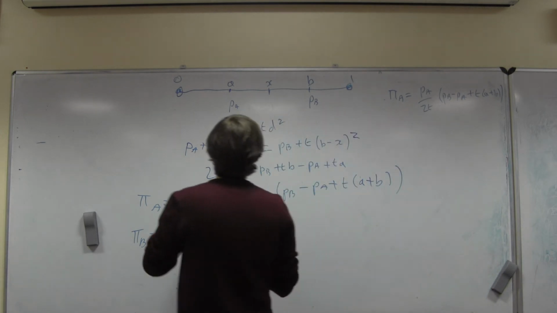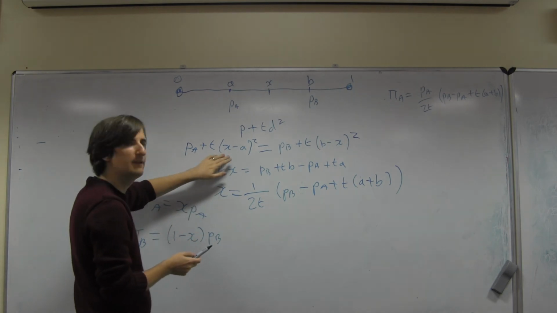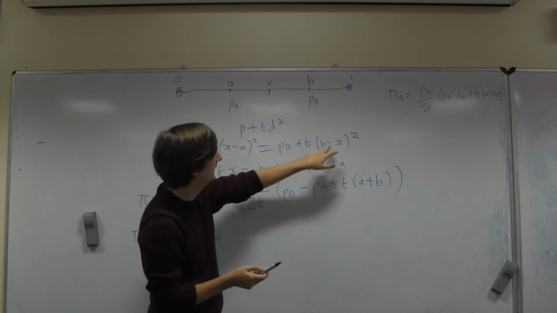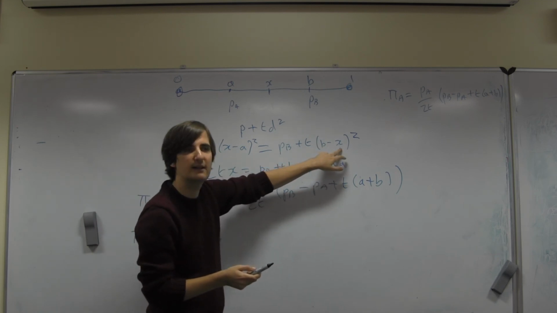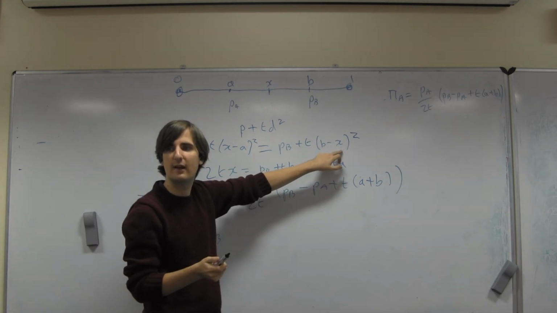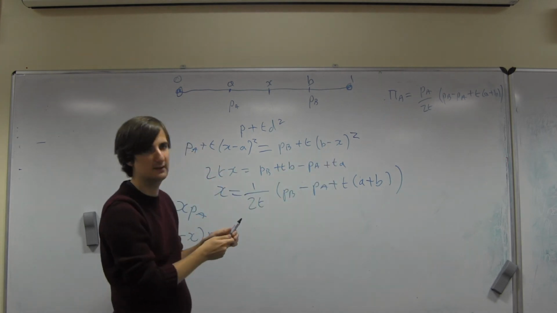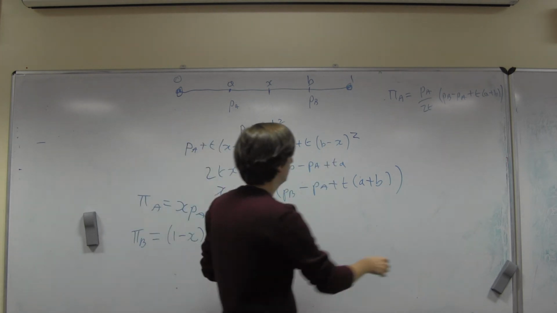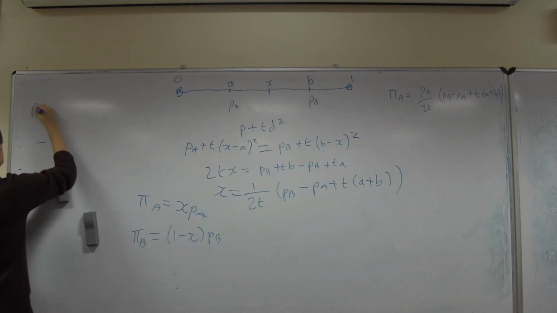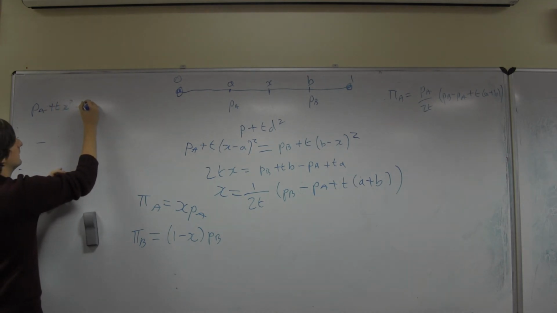When you multiply out these brackets, on the left-hand side there's a plus tx squared. On the right-hand side, minus x times minus x is still x squared, so there's a plus tx squared on the right-hand side as well. So the x squared terms are going to cancel out. And what you're left with, let me just write out the brackets for you. So PA plus tx squared minus